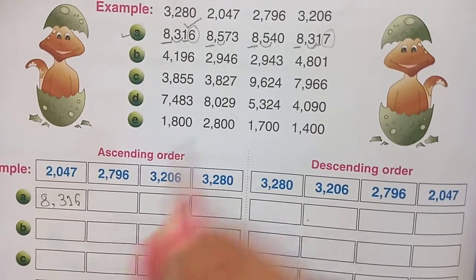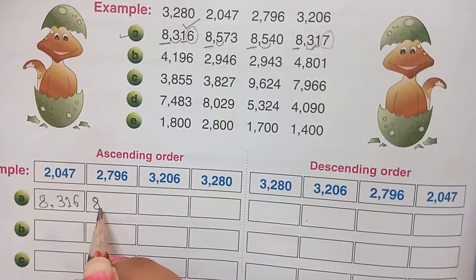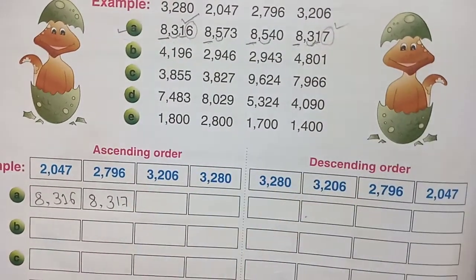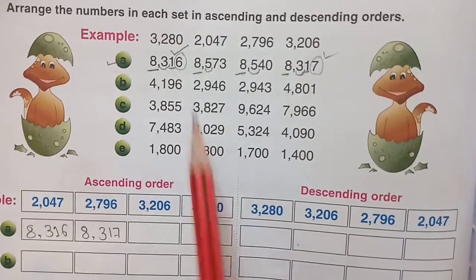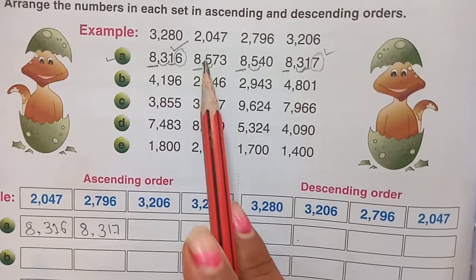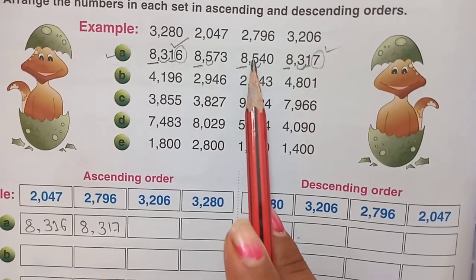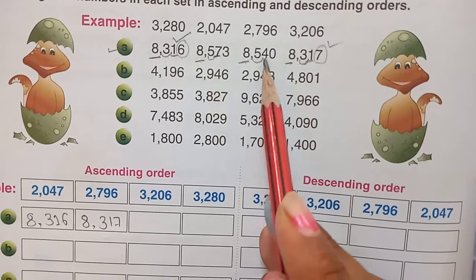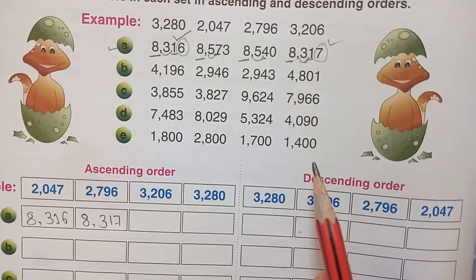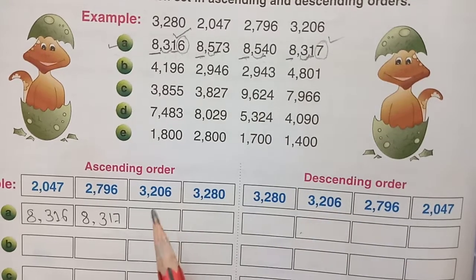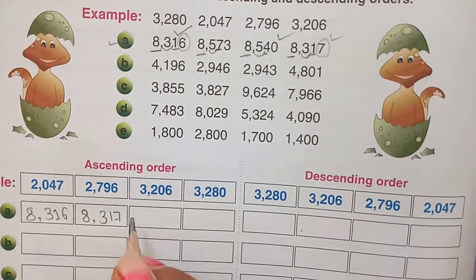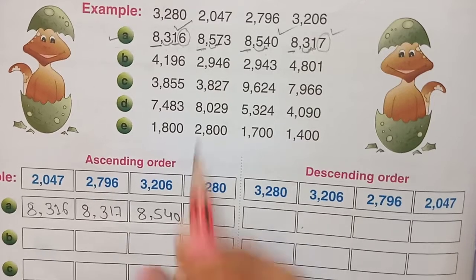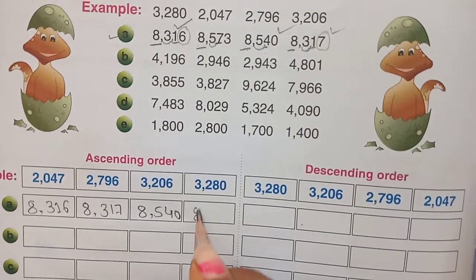8316 at first. Next 8370. These two numbers are completed. Now we are having 8 the same, and 5 in the hundreds place the same. We have to observe the tens place. 7 and 4. Which is the smallest number? 4 is the smallest. So we have to write 8540, and the last we are left with